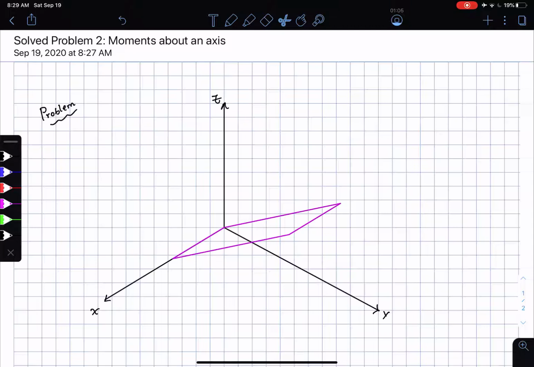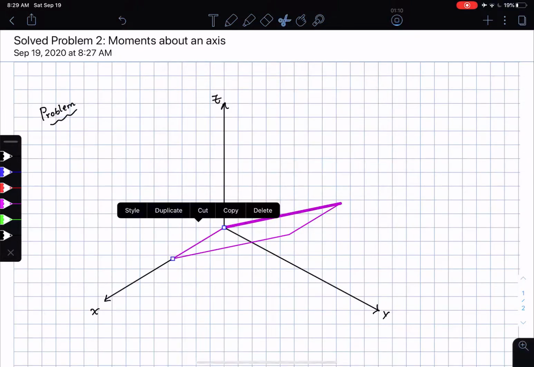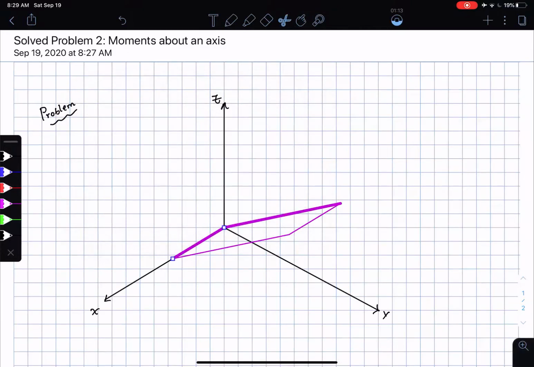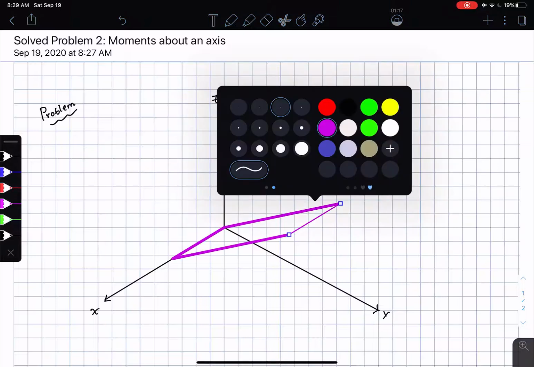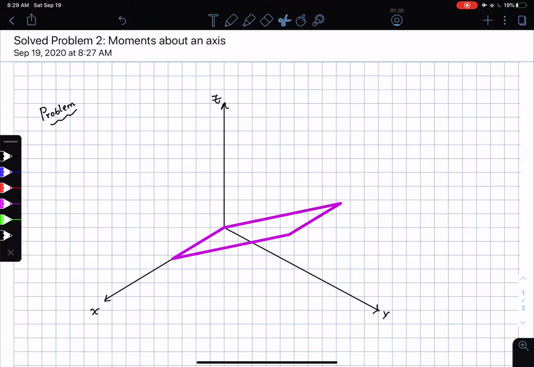Okay, so let me darken this a little bit so that it shows off like a door. Doors are heavy, so hopefully this looks like a reasonable door to you. Then I have the hinge axis which I'm going to draw lightly here. Okay, so here is the hinge that is present. And there is a cable that is running from one point on this door to another point on the